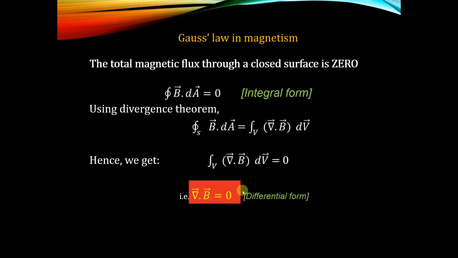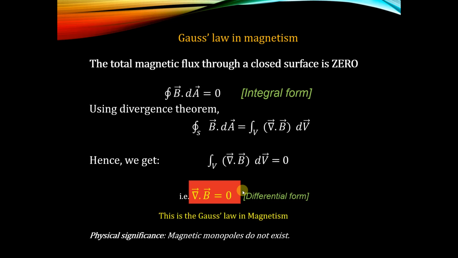And its physical significance, I can say, is that there are no magnetic monopoles. The flux through a surface is 0. That means there is always a magnetic dipole. There is always either a north and a south pole, or else a north and north, or a south and south. The poles always exist as 2. There is no monopole. A north pole cannot exist alone. There will always be the other pole coming into the picture,